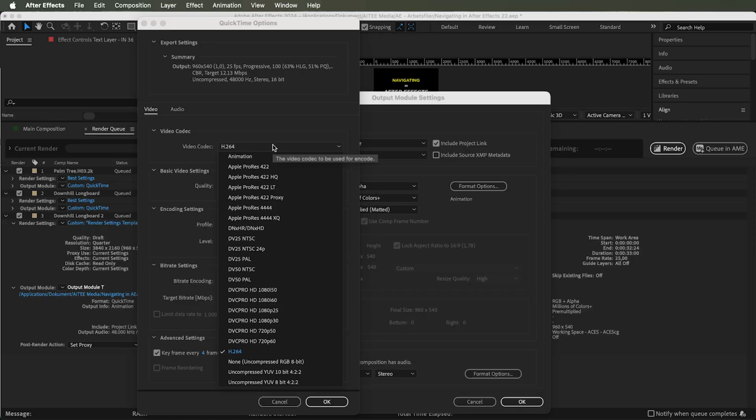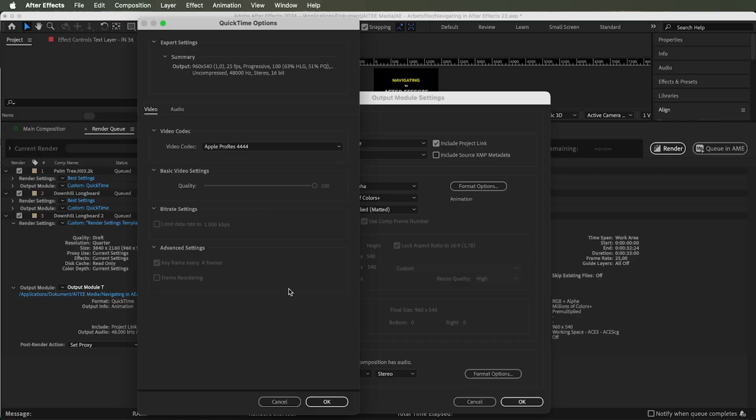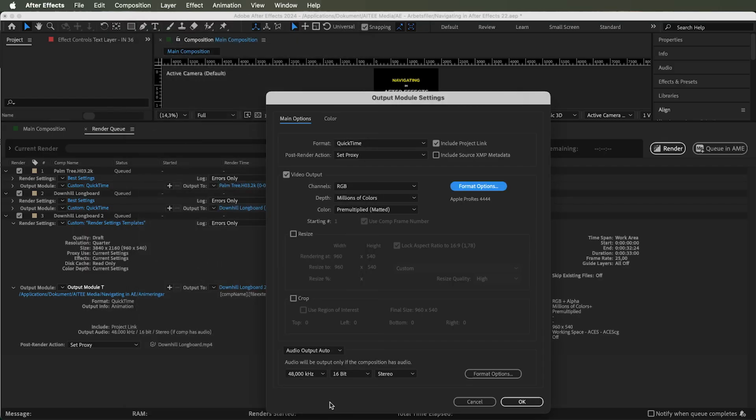Anyway, I will choose the Apple ProRes 4444 for this one, for the sake of showing the next one. So this option currently gives us the depth options of either millions of colors or all the way up to trillions. However, the options available are influenced by the project's bit depth, a little bit of the output format's capabilities, as well as if you need to include a type of alpha channel in it, and also the actual render settings